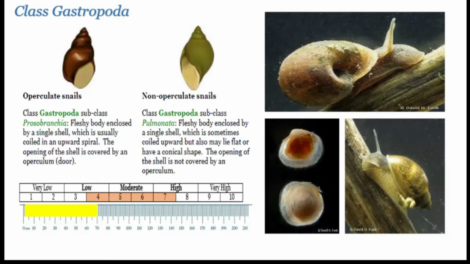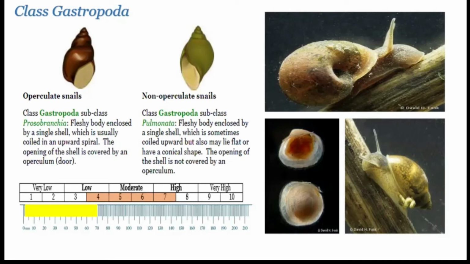Well, come to find out that orientation doesn't really work very well, and it's not consistent. So it's better to identify them in a different manner, especially if you're going to categorize them, and that is using operculate or non-operculate snails. And the operculum is a door. If you have a snail shell, especially a live one, and it's enclosed in a door, then you have an operculate snail. If it doesn't have a door, it's a non-operculate snail.